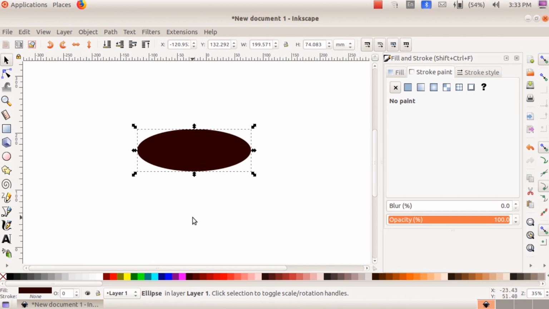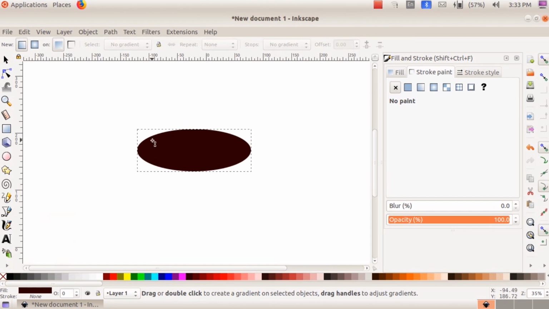Now we need a 3D effect for the saucer. For making the 3D effect of our image, we can use the gradient tool. The gradient tool is here. Click on the arrow mark, gradient.